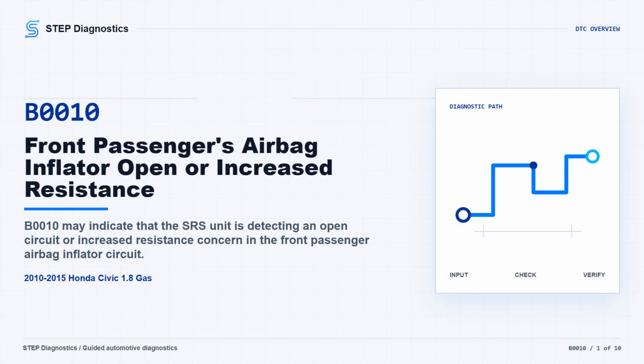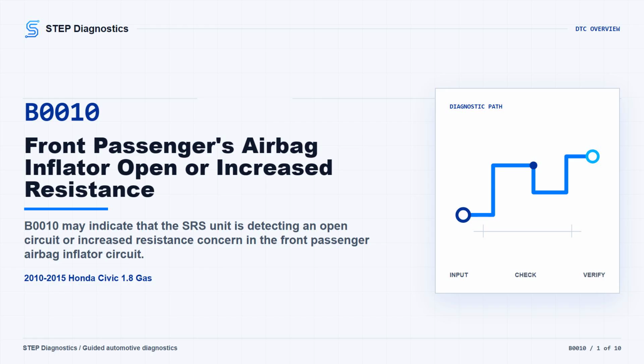On this 2010 to 2015 Honda Civic with the 1.8 gas engine, B0010 points us toward the front passenger airbag inflator circuit. In plain terms, the SRS unit may be seeing an open circuit or higher than expected resistance on that passenger inflator side. The SRS warning light may stay on, and the restraint system can limit operation while the fault is